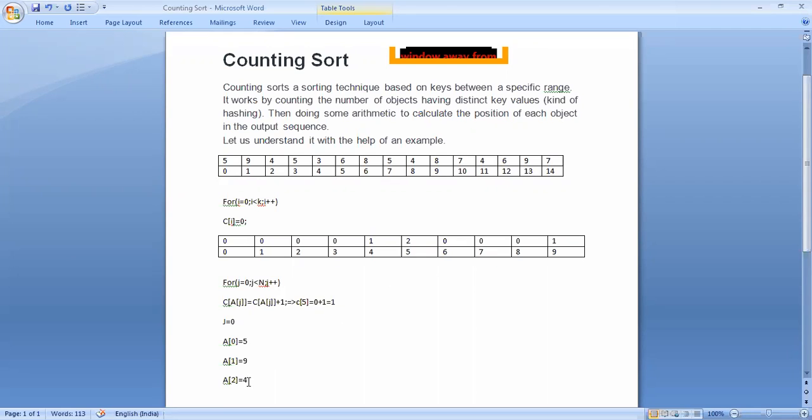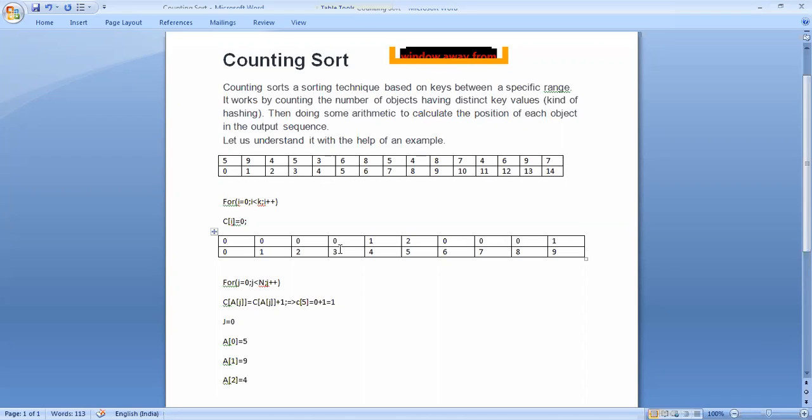Now we reach here when j value is 3, right? Now when j equals to 4, that means A3, okay, A3.